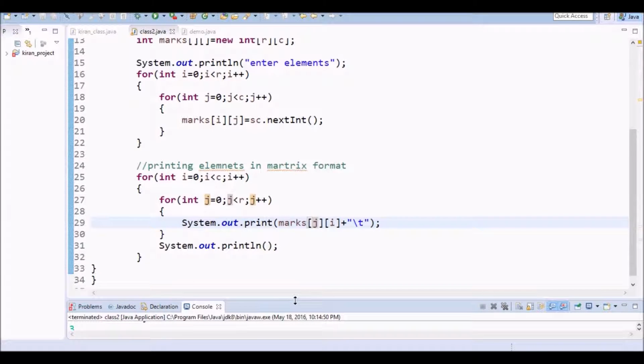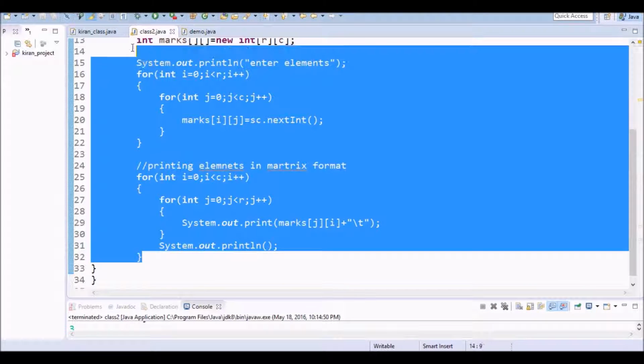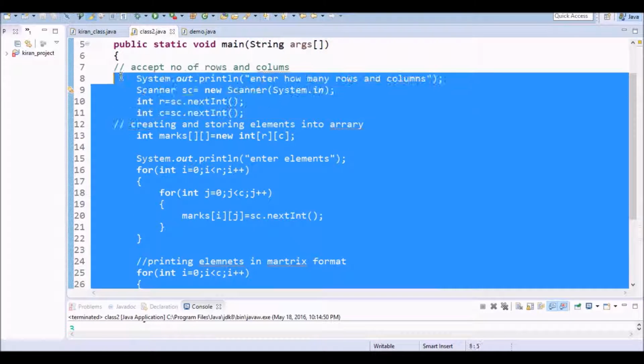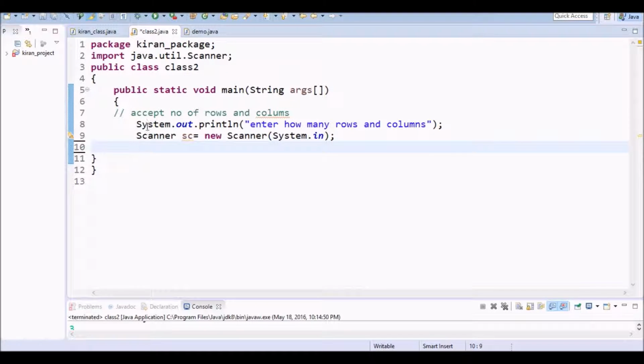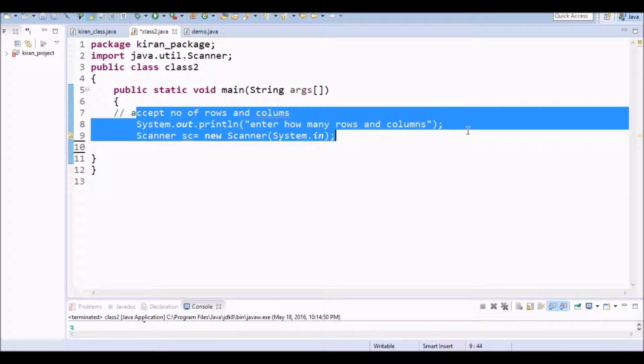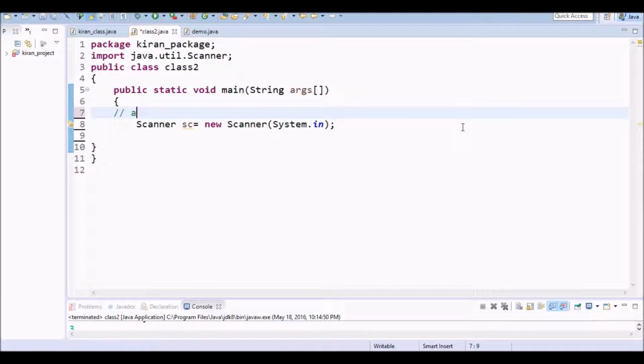Now we have seen the full length of matrices. Now I am going to give you a question. Let us take one simple matrix. Int, hall ticket numbers, it is a matrix.